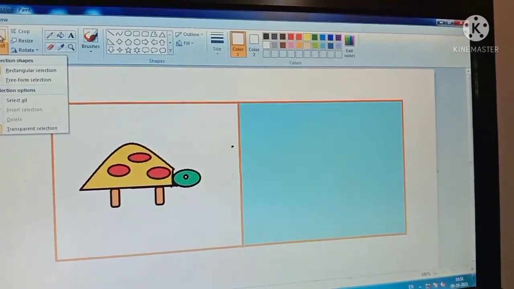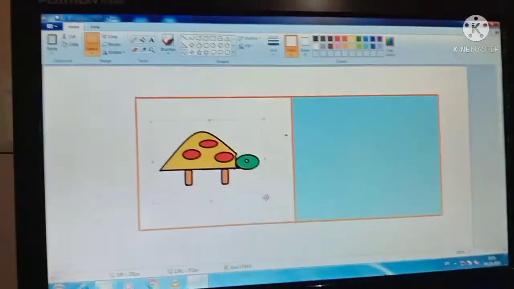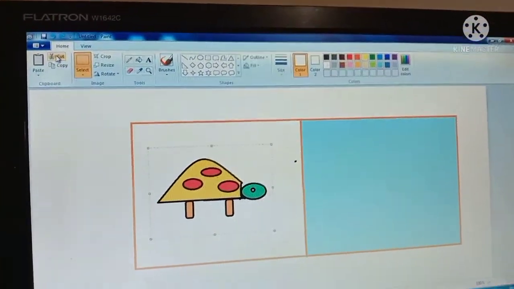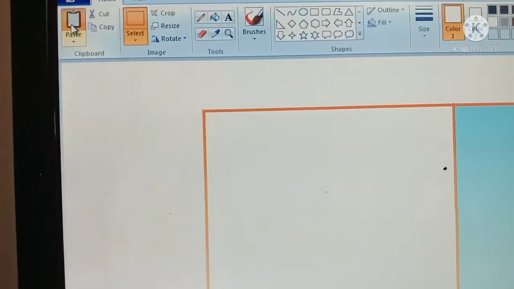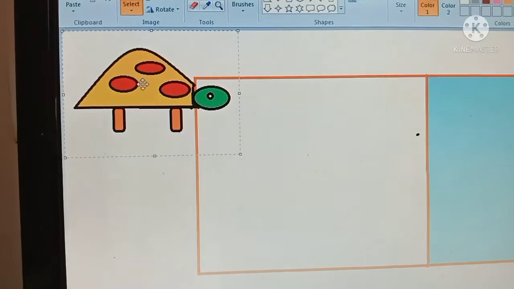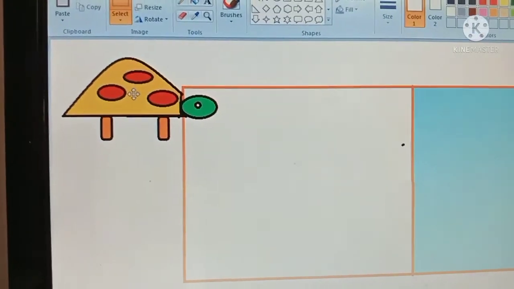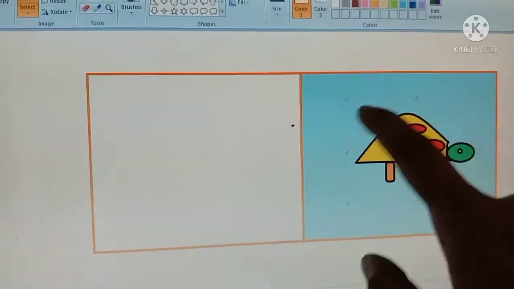Then I want to select it. Then I want to cut it. Cut, then paste. Then we can move it. Press the left button of the mouse and just move and place here. Now can you see?